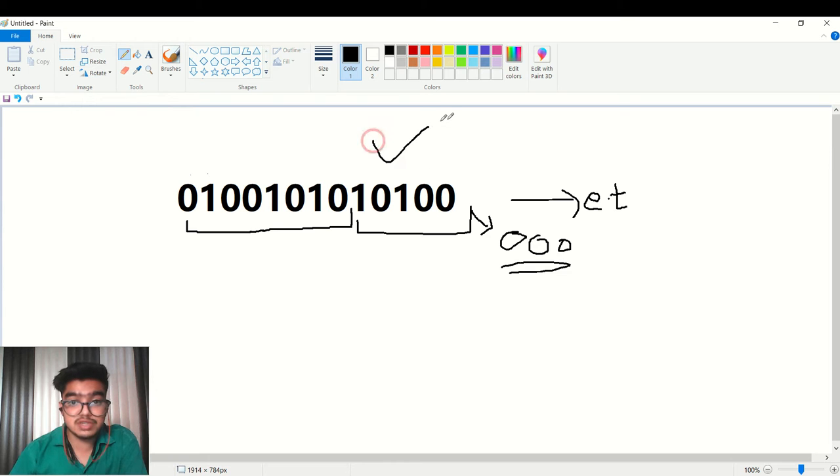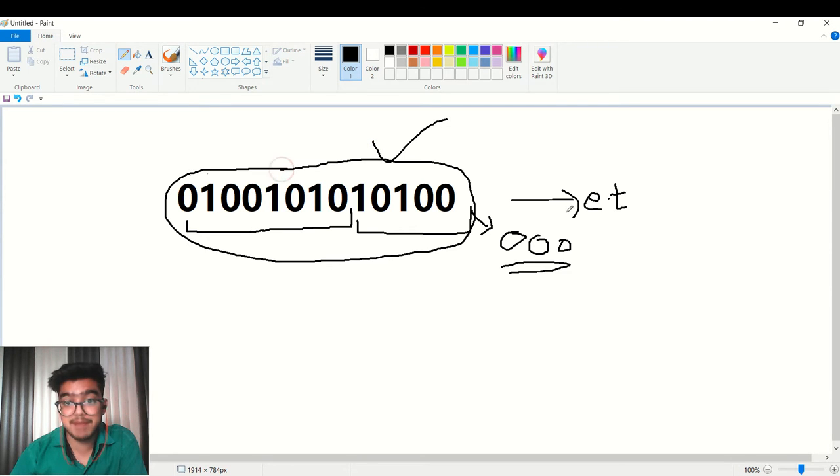This is part of our data, but it is the padded part, and the padded part is used to make sure that we have slots of 8 bits. This is 8 bits, and the next slot should be 8 bits. If there is only 1 bit, then we have to add 7 zeros around it. This is called padding.